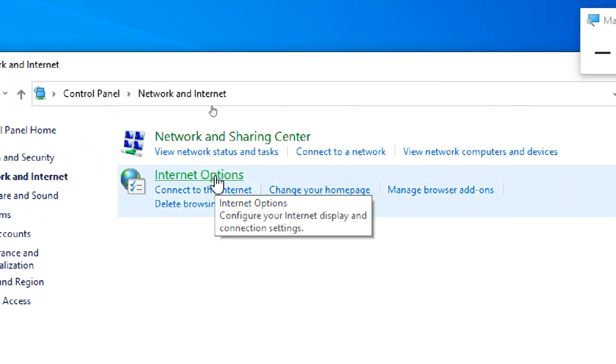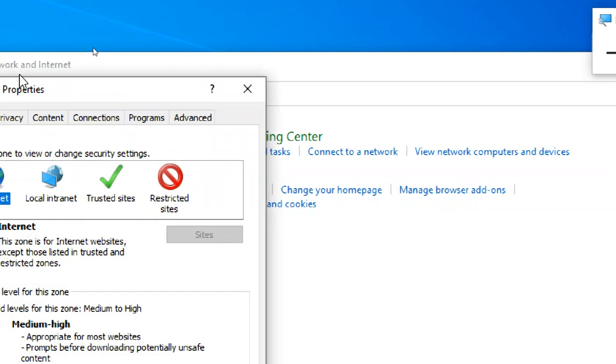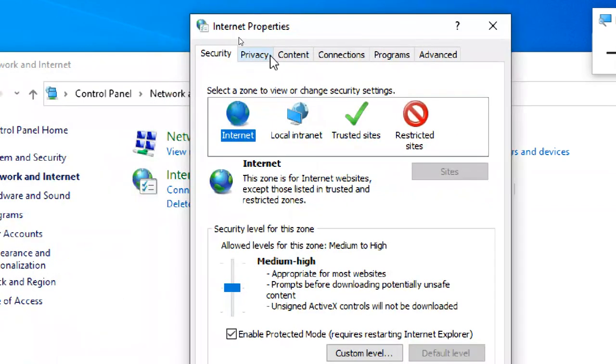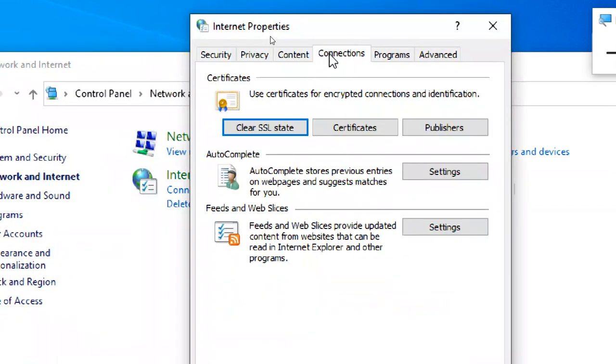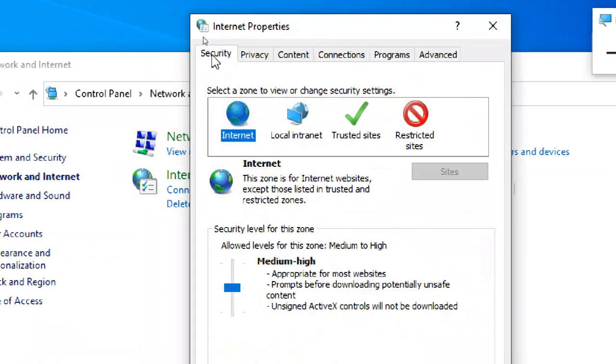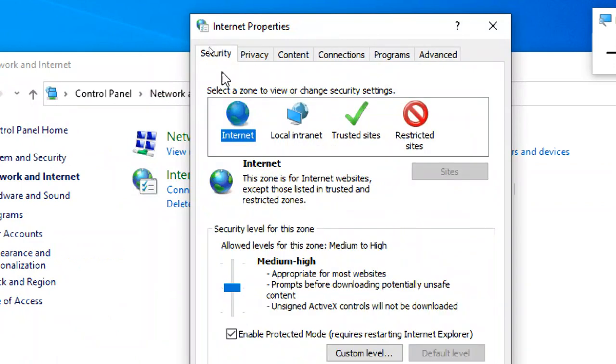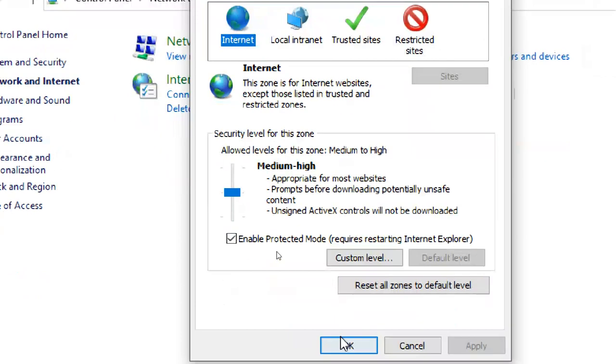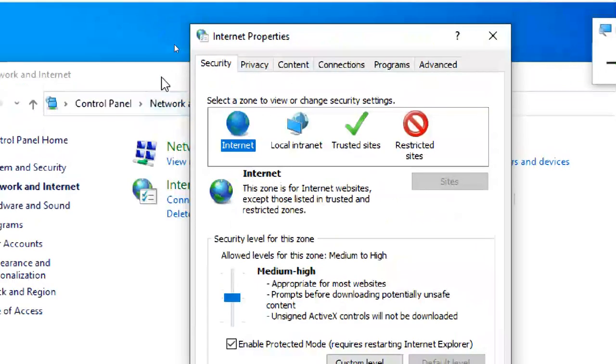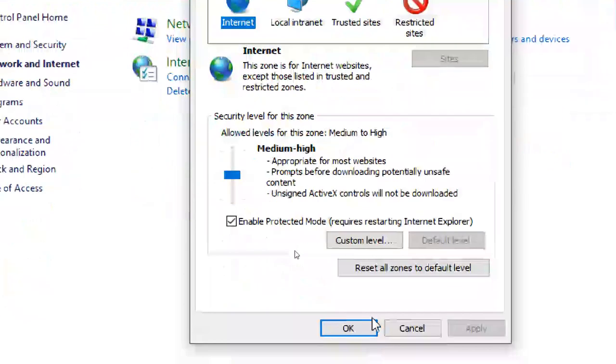Next, internet options. So I'm going to internet options. We have security, privacy, content, connection, programs, and advanced. But where is the general page? The general tab is disabled. What are the things under the general tab? We also cannot do those, like deleting temporary files and that kind of stuff is not here. Got it? The general page is missing.